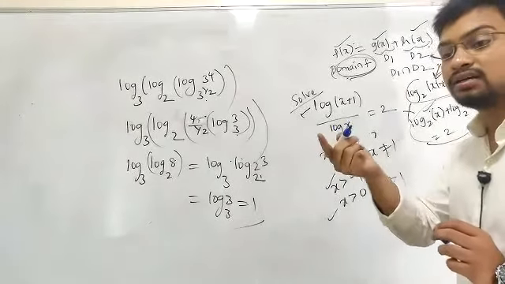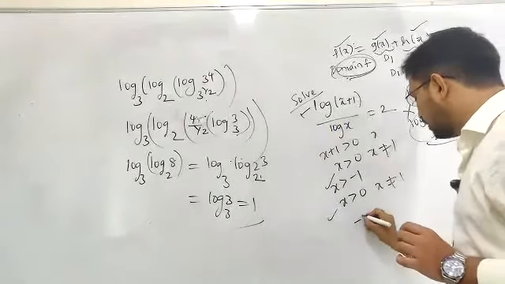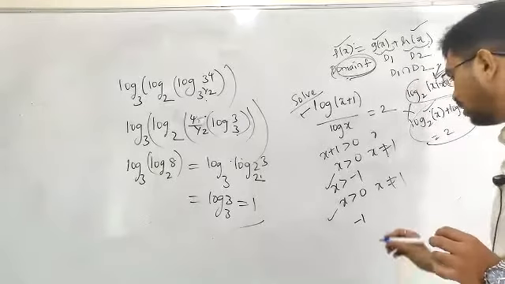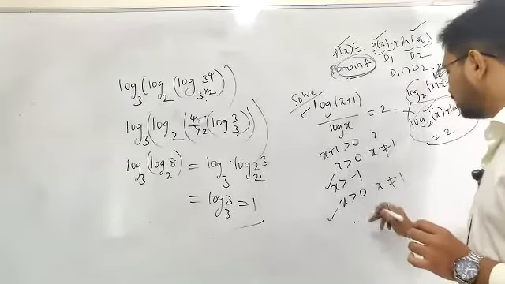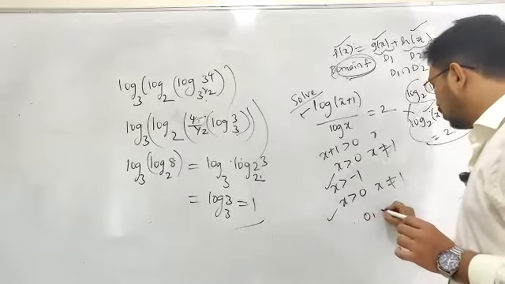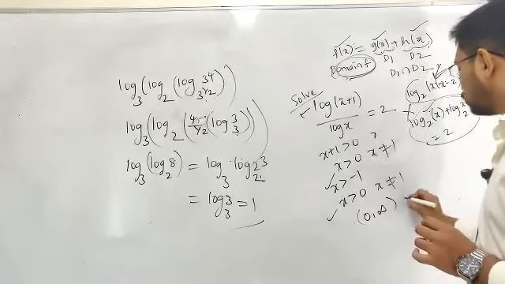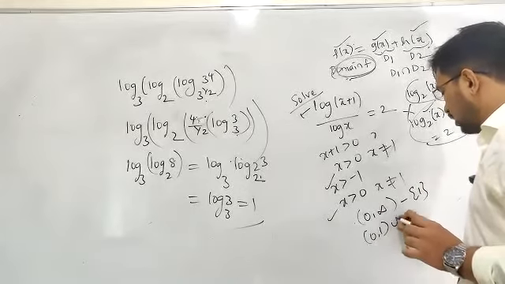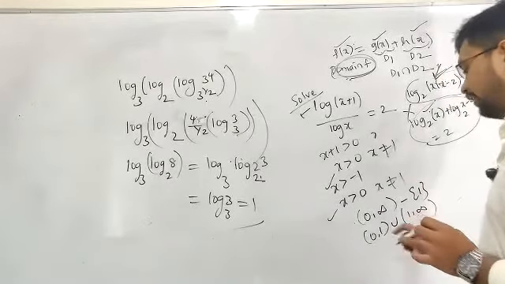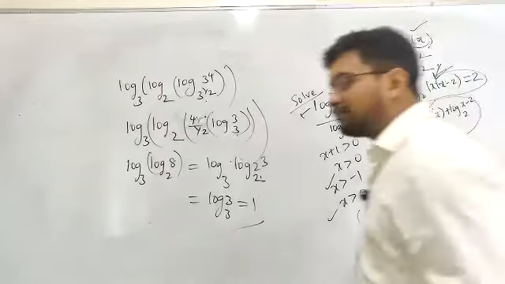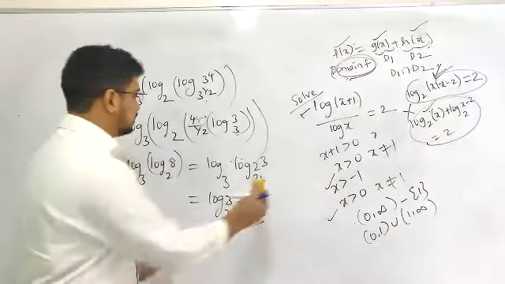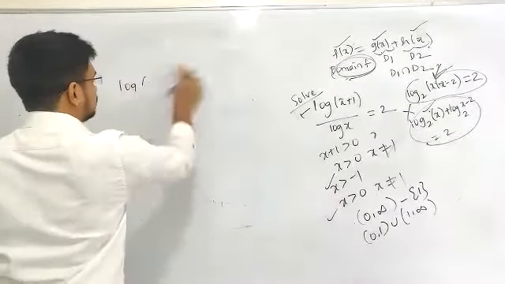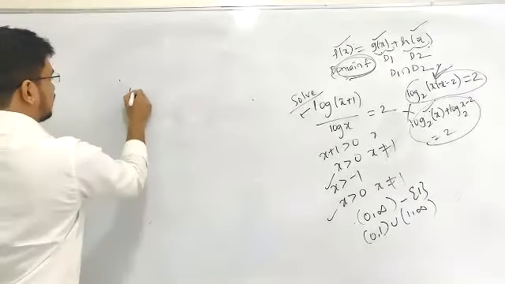I'm saying and. So your answer has to be something like minus 1, 0. So it will be 0 to infinity and it should not be equal to 1. So final answer will be 0 to 1 union 1 to infinity. This will be the domain. Once after getting the domain of that function, then you apply this.